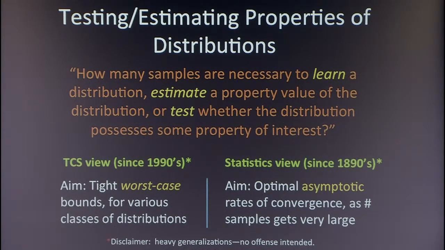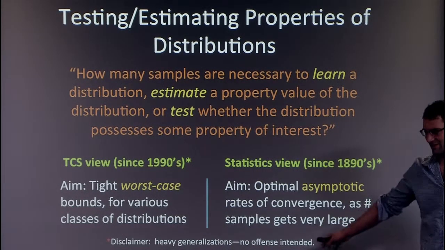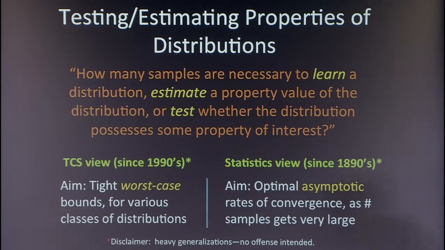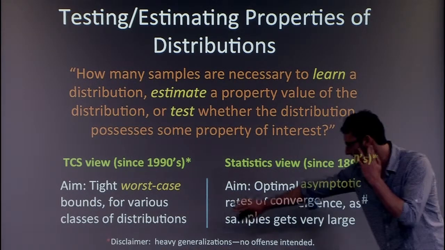Okay, so the basic setting, in general, when one thinks of testing or estimation of properties of distributions, you want to know, well, how many samples are necessary to maybe learn a distribution, to estimate a property value of the distribution, or maybe do some hypothesis testing to test whether, say, the distribution possesses some property of interest. Okay, so this is like a huge caricature, and I don't want to offend anyone, I'm sure I will, but so kind of the theoretical computer science view